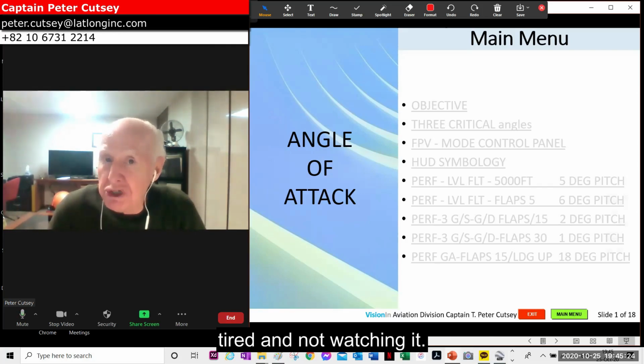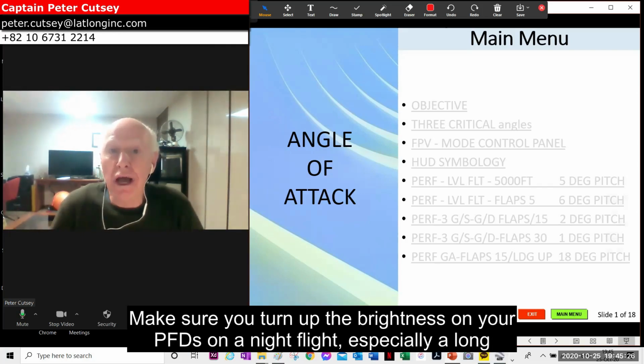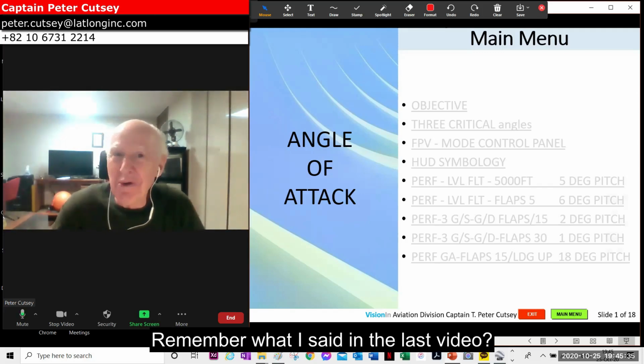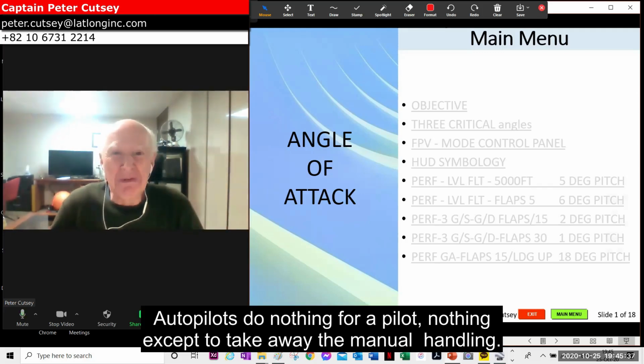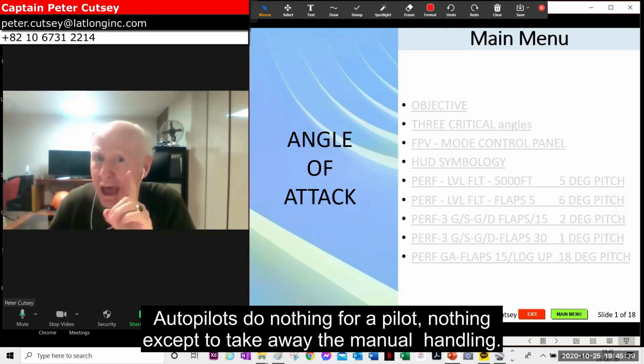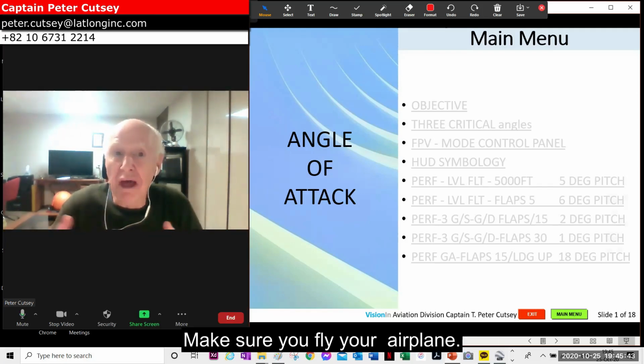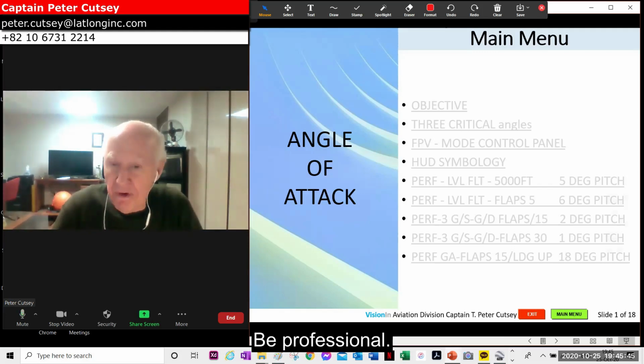and not watching it. Make sure you turn up the brightness on your PFDs on a night flight, especially a long flight, and fly your airplane. Remember what I said in the last video? Autopilots do nothing for a pilot. Nothing, except to take away the manual handling. Make sure you fly your airplane, be professional,